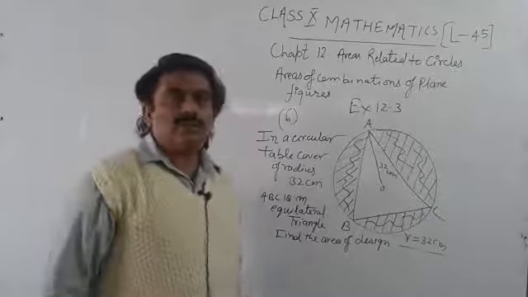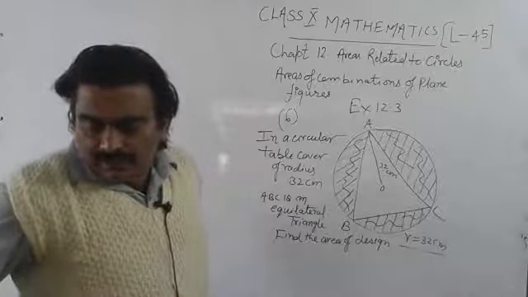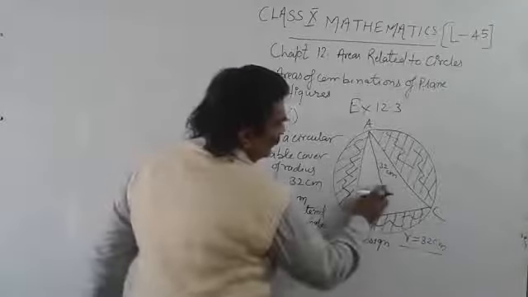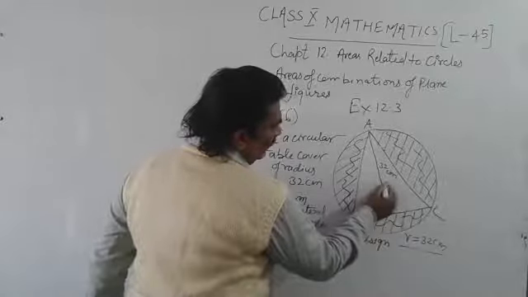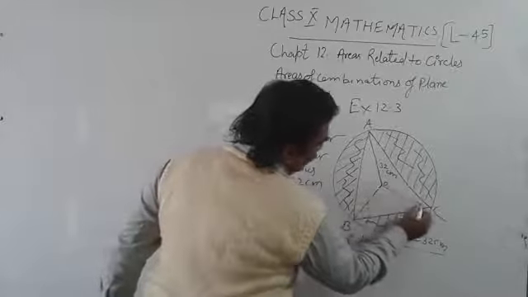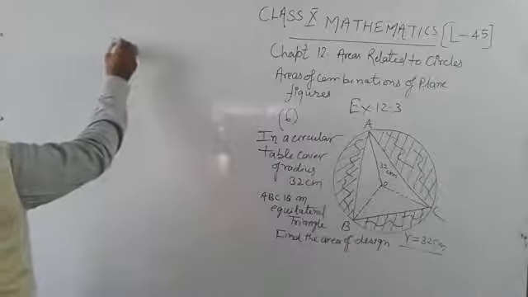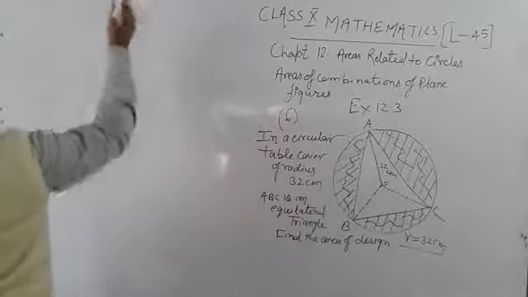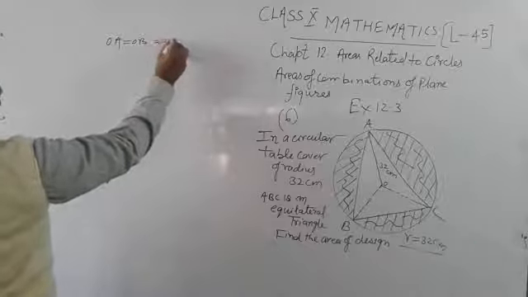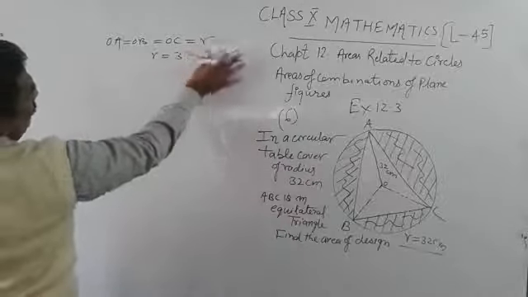So students, we will use the formula to find area of segment. Let us suppose that students here, if we have center O and these are radii, so we can say that from this diagram OA is equal to OB is equal to OC is equal to R, where R is equal to 32 centimeter. Okay students,